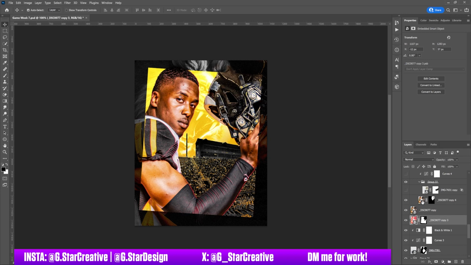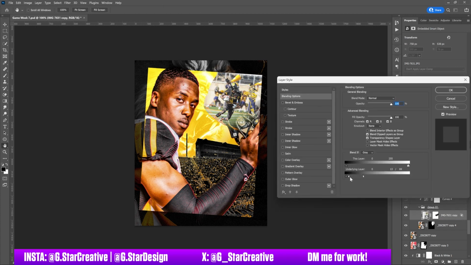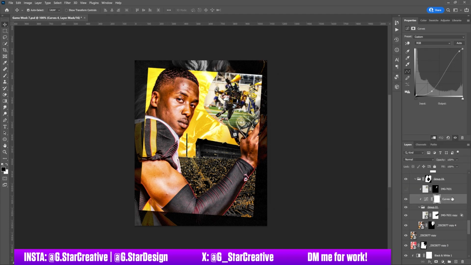And then over top of that, I just have a layer of his helmet that is set to darker color, and then I have a photo on top of that that is brushed to his helmet, just so it's on his helmet. And if you double click there, I have these sliders pulled down so that it is not on the lightest areas of the helmet. And then I just put a curves layer on that with the S shape to give it a little more